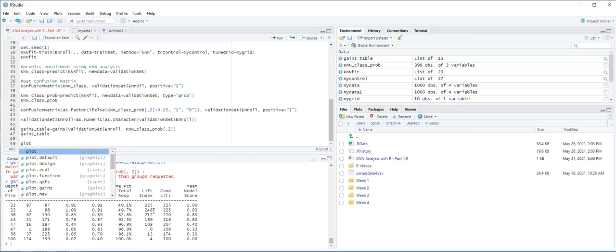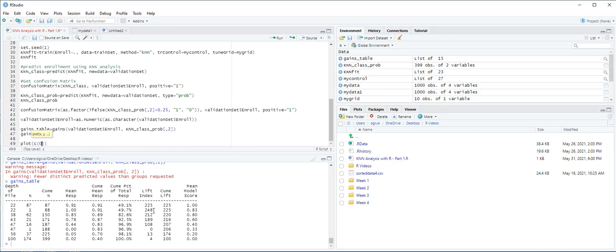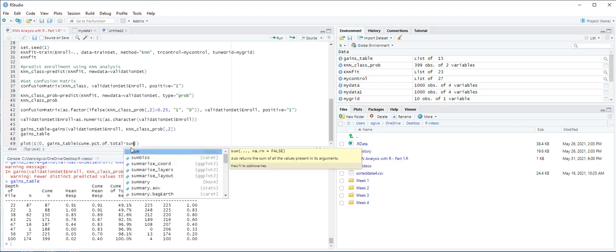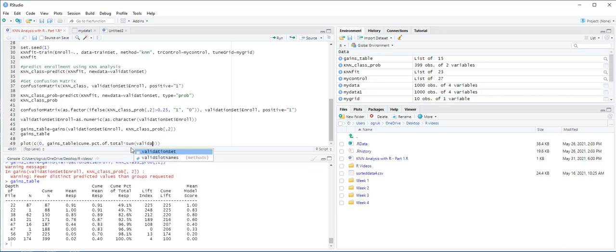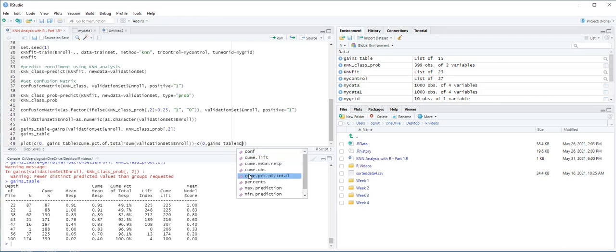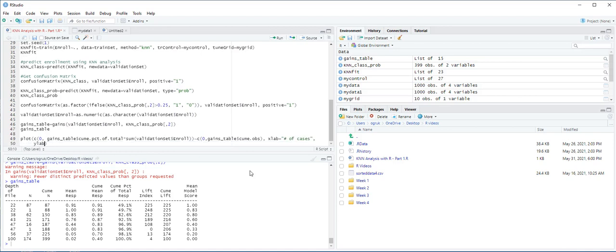Let's use plot, open the parentheses, c(0, gains table cumulative PCT of total times sum(validation set enroll)), and then c(0, gains table cumulative observations), and then xlab is equal to number of cases, ylab is equal to cumulative,